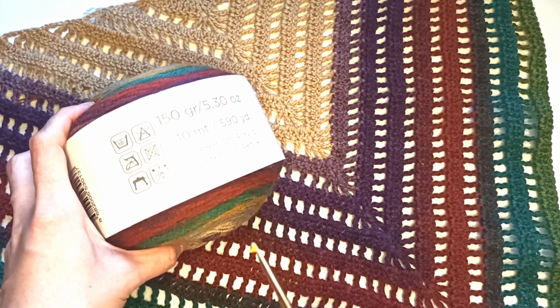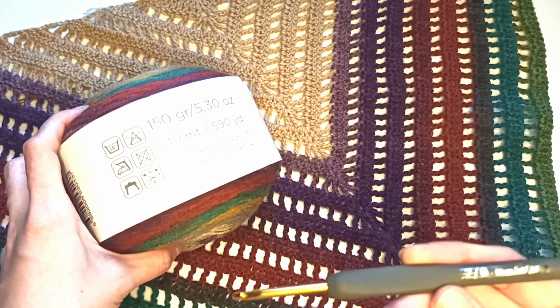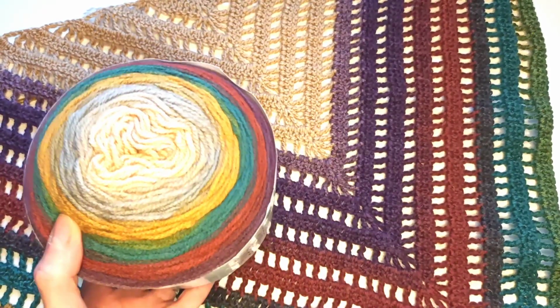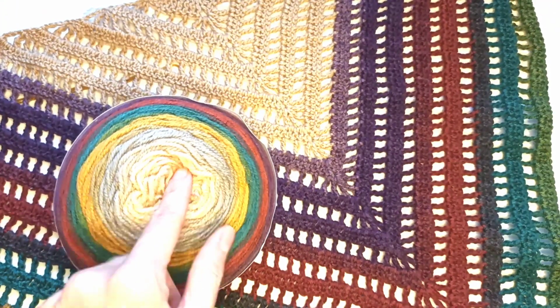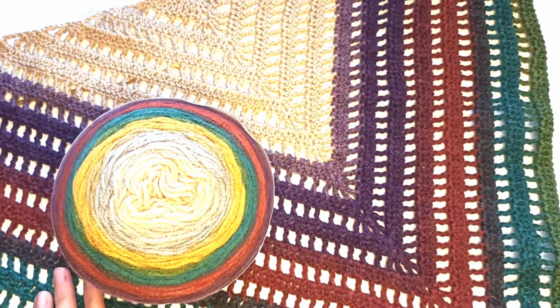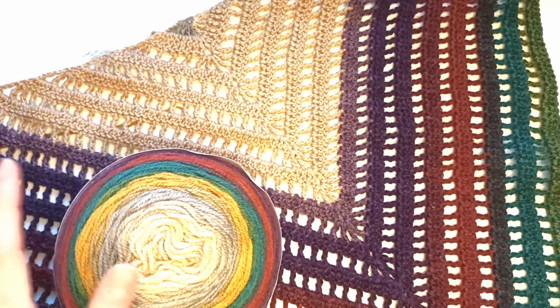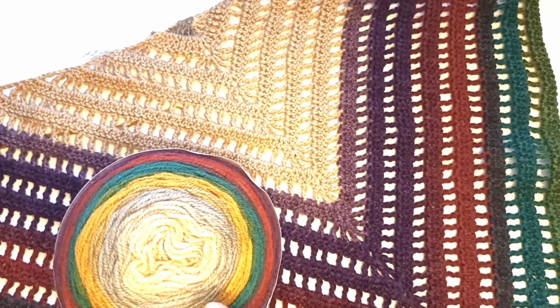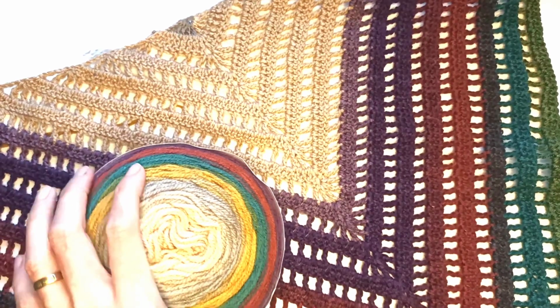They recommend using a 4mm hook and I will use a 4mm hook too. I made a cowl with only one ball like that, the colors are here and its width is 130 centimeters. But if you want to make a shawl with this pattern, you need 2 balls of that yarn, nearly 300